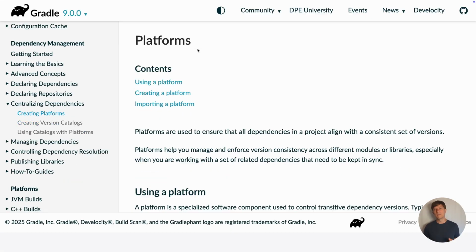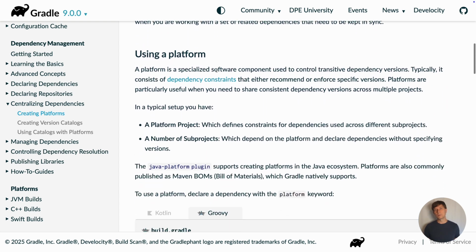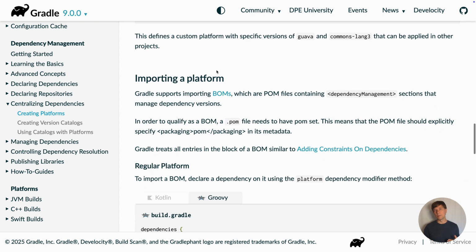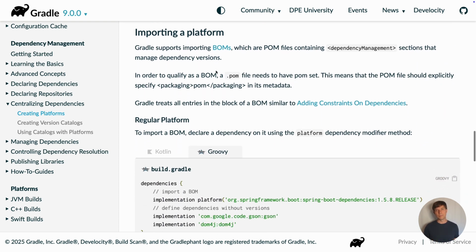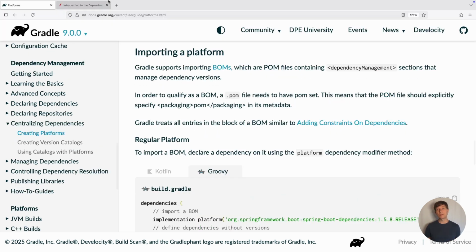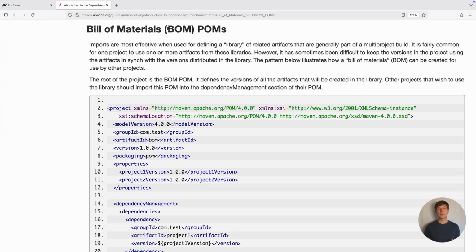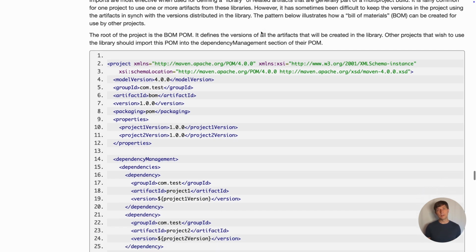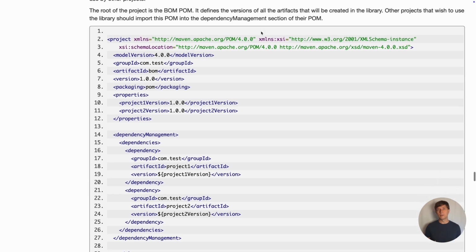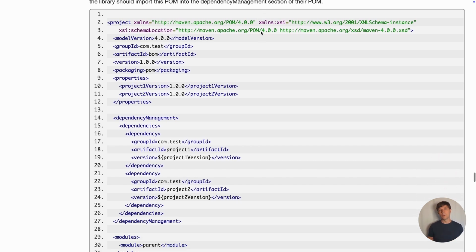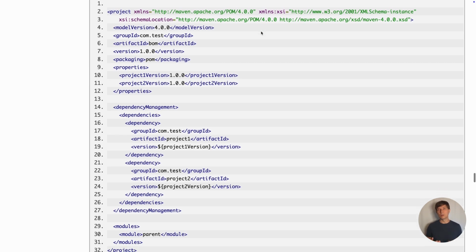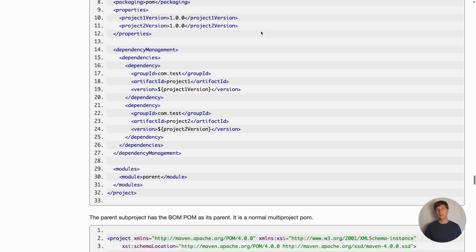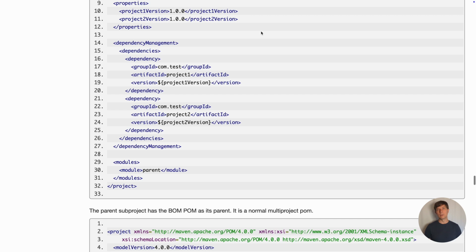In Gradle, you currently have multiple options to do this, but one option that is very similar to what is supported in Maven and that works well together with the module system is using a so-called platform. The platform concept in Gradle is based on a concept originally introduced in Maven, which is a so-called bill of materials, or BOM in short. This is a piece of metadata, so concretely a file, that contains information about versions and only versions. It doesn't state anything about which modules you actually want to use as dependency somewhere, but if you use a module as dependency, then this file can give you the version information for that module.